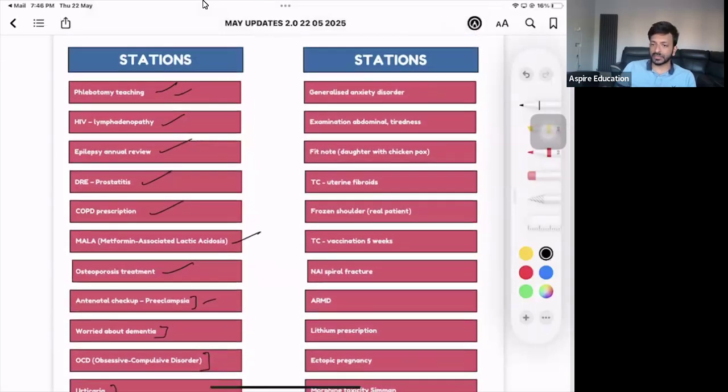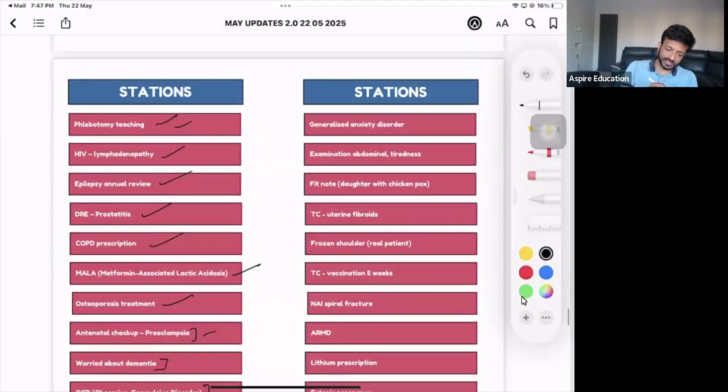DRE is a contraindication in prostatitis. The thing is, you can do it, doctor. It's not like an absolute contraindication. Here, the patient says pain in the anal area. The patient uses that word, anal area. Sometimes the patient says I've got pain down there, and they have got a couple of symptoms like frequency as well. The patient is not that old, so we'll not have a lot of prostate symptoms, but a couple of symptoms like frequency they have got. And when you do the examination, that can be done, but this patient has got pain. So that's how you diagnose it as prostatitis, and make sure you give painkillers and you give antibiotics as well, right? So yes, you can proceed with the examination, doctor.